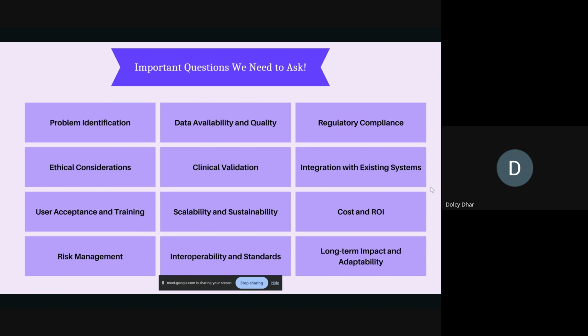Again, risk management. So whether there is actual risk to the patients or not, that is a very big thing. So whether your technique would cause problems. Risk management usually comes, we usually think that AI is